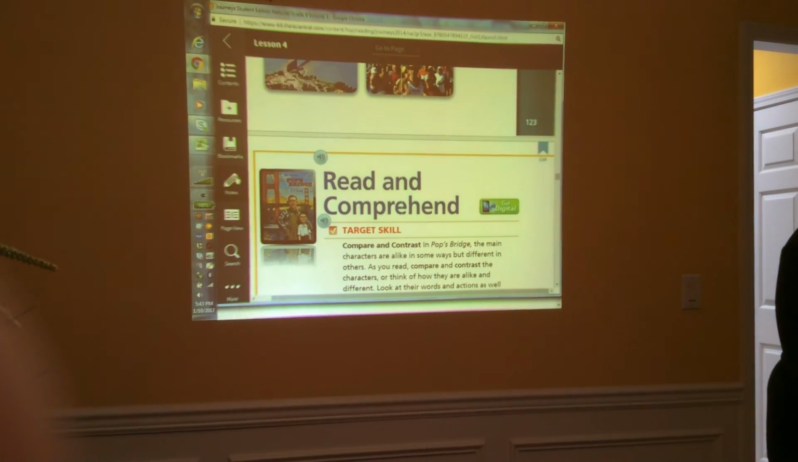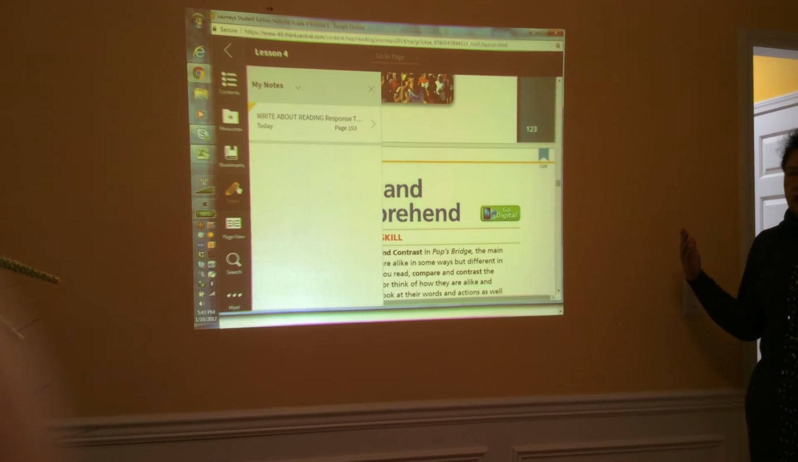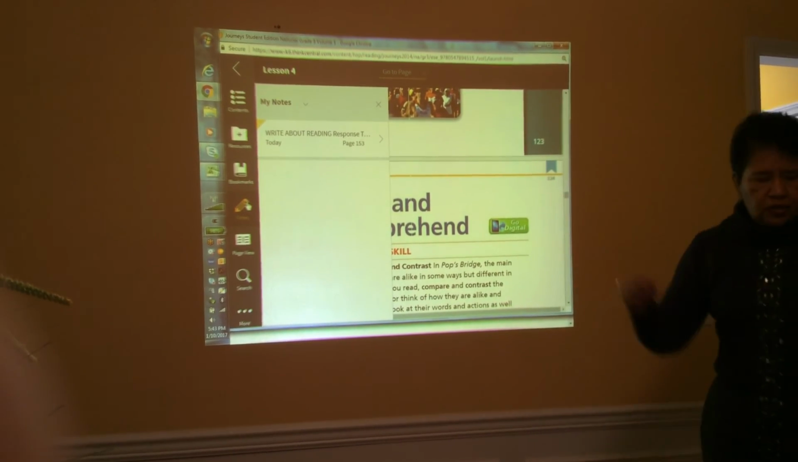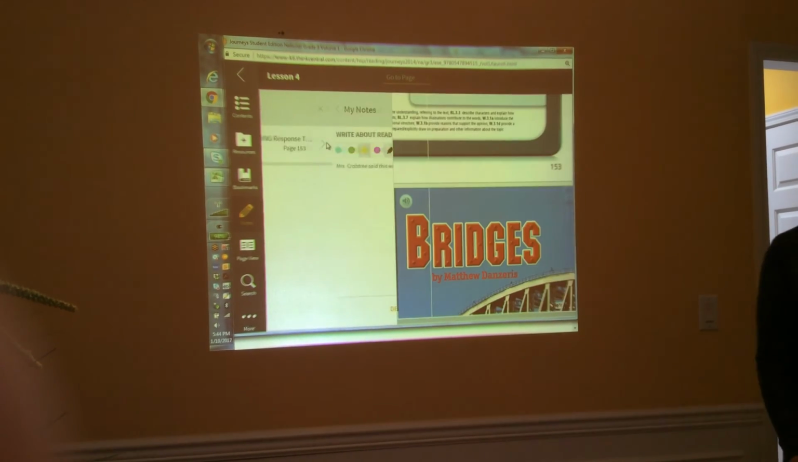You can also take notes on passages in the lesson that he thinks are important. So he actually read the Write About Reading passage and